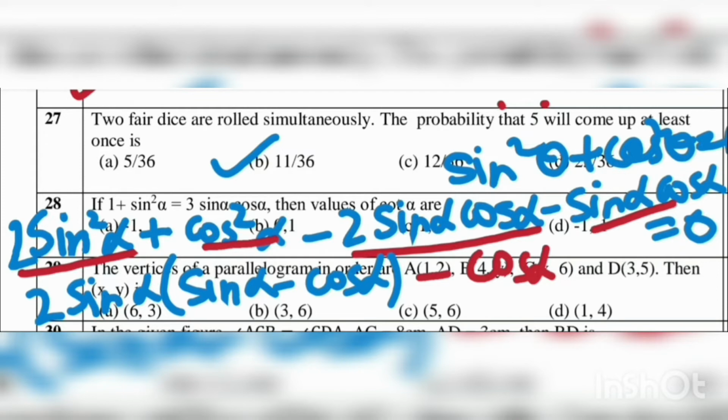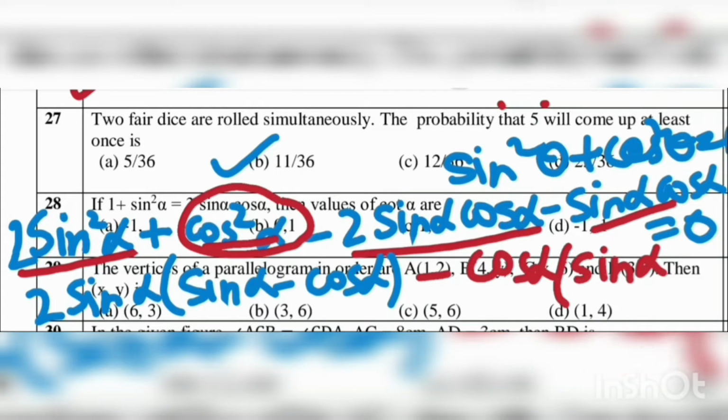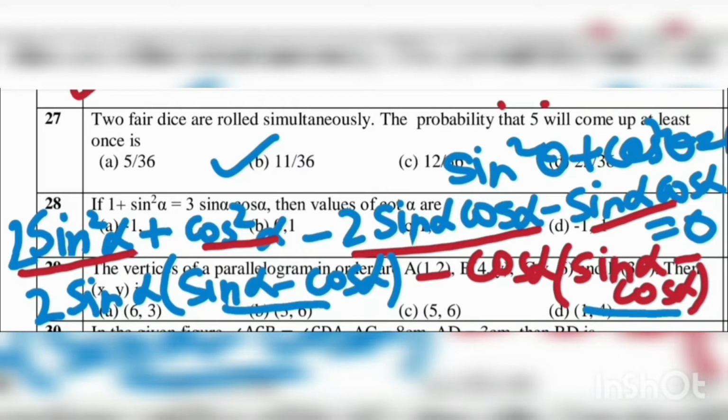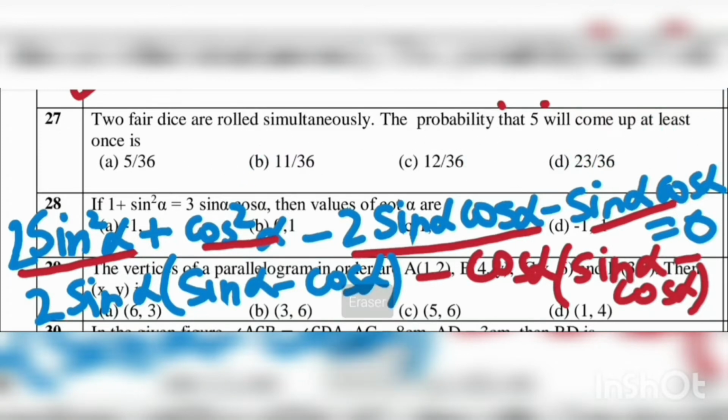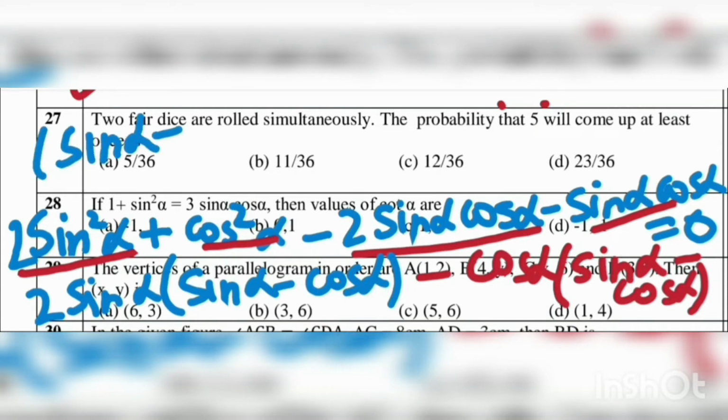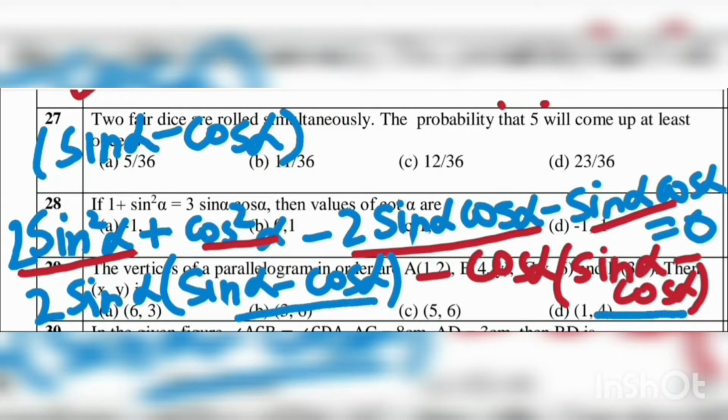Now from here I have taken minus cos alpha common. So in the bracket we will be left with sine alpha. And here we have taken cos alpha and minus sine common, so one minus sine will come inside. Sine alpha minus cos alpha will be left. Now we see that these two brackets are the same, so we can take them common. So what will we be left with? We will get sine alpha minus cos alpha one time, and 2 sine alpha minus cos alpha in the second bracket equals 0.